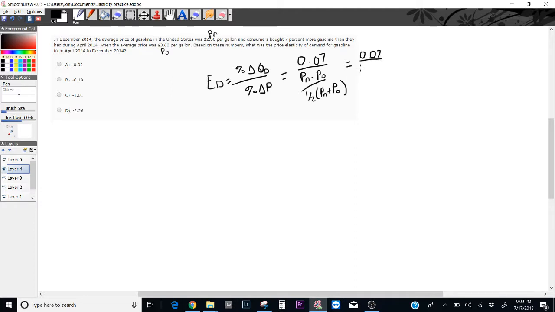My new price I already denoted was 2.50, so 2.5 minus 3.6 over half of the sum of those two, 2.5 plus 3.6,